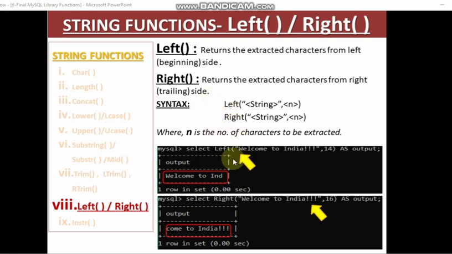So let us see an example and you will understand better. The syntax is left and the string whatever you are giving inside quotes, comma, and then n, that is the number of characters you want to extract. So let us see an example. Select left, welcome to India, 14. So from the left, from the beginning, it is extracting 14 characters and it will give you that output.